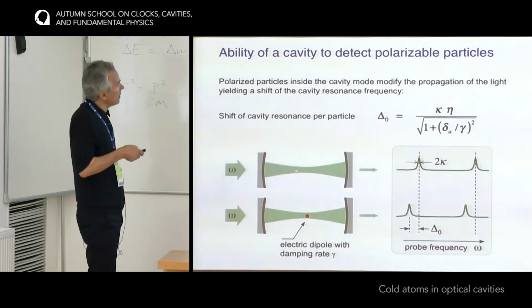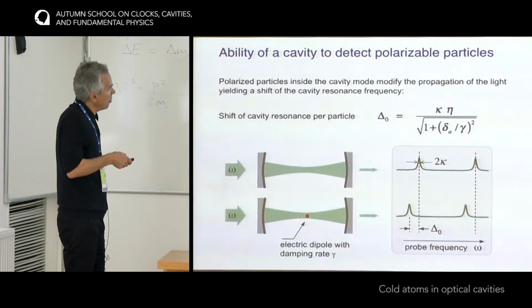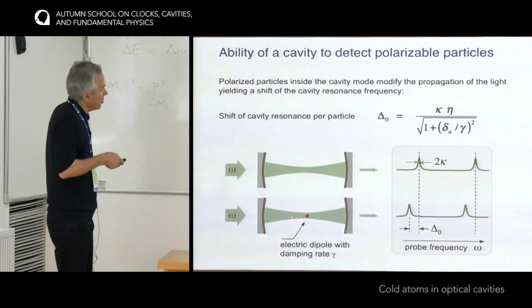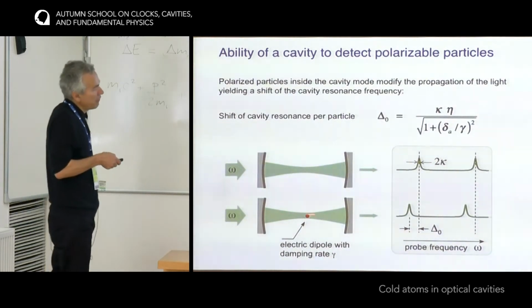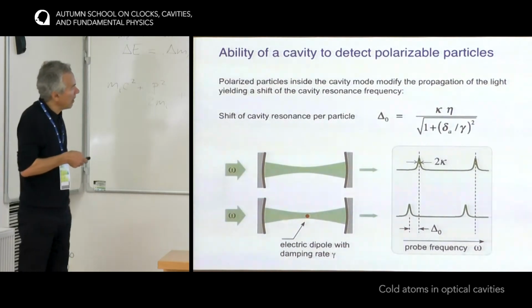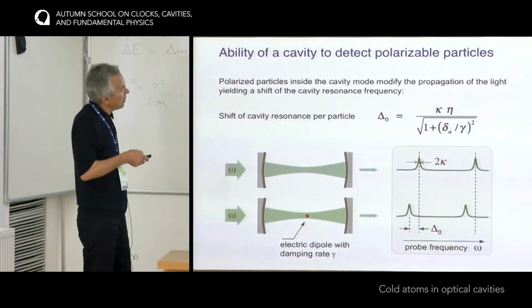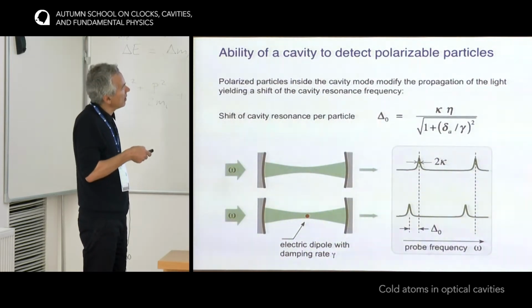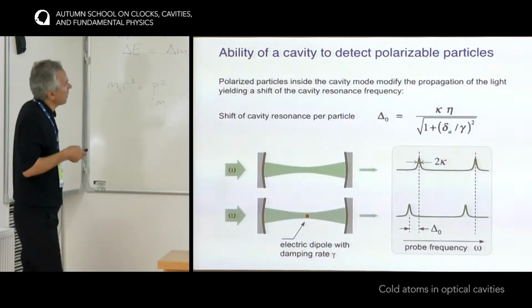So what will happen is the presence of the electric dipole will, in principle, act as if there's an index of refraction medium inside the cavity that shifts the resonance by changing the optical path in the cavity, and so the transmission resonance will shift a little bit, and delta naught, that's a shift of cavity